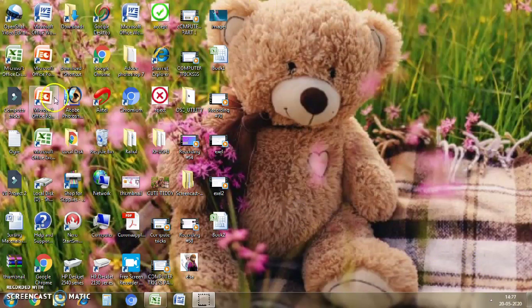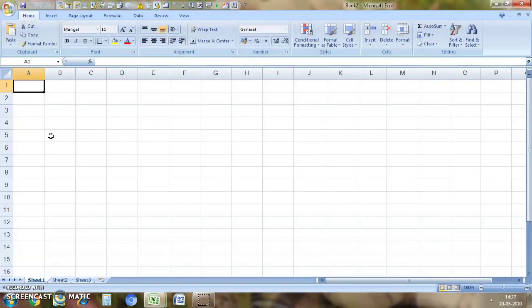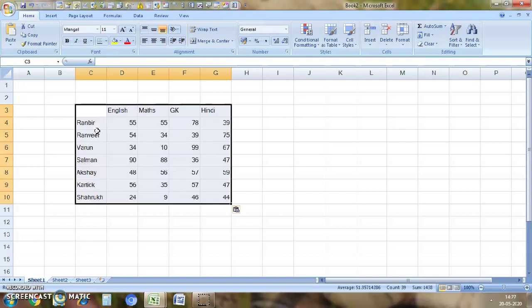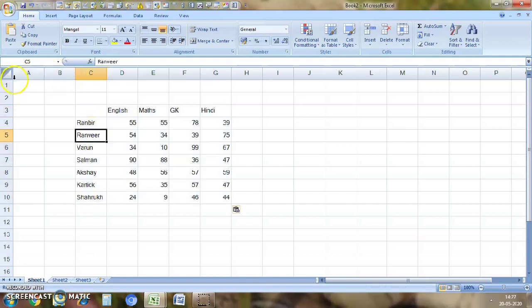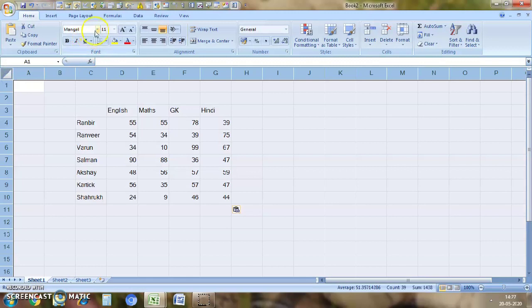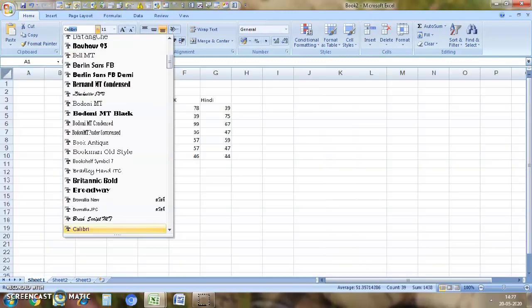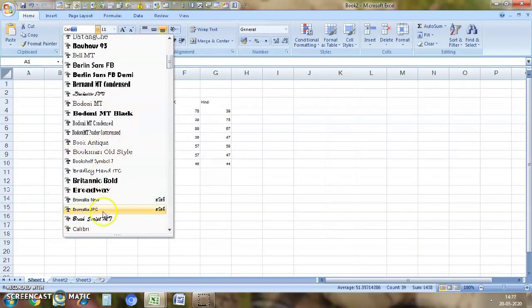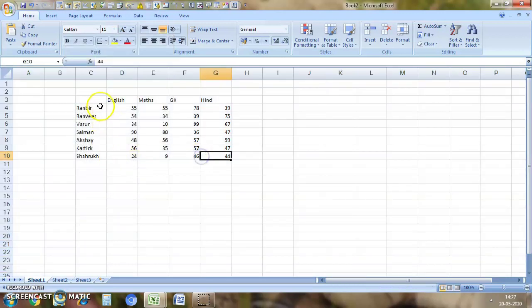Today's topic is again Microsoft Excel. So today I'm going to explain the IF formula. Excel IF formula is really easy. First of all, I've made a table, so I'll paste it here, and then to select all, I'll press here and just do calibrate. Here I'll select and it's done.